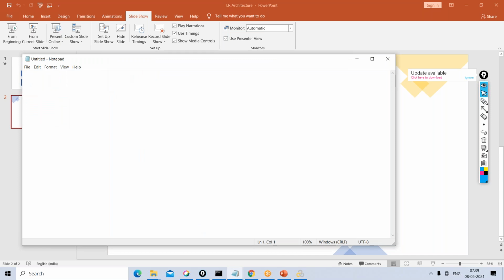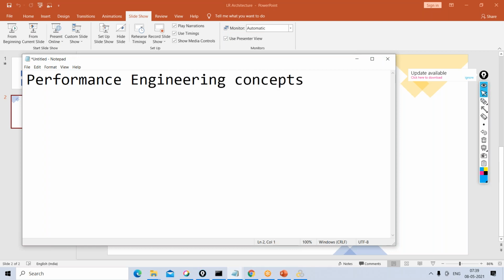Along with the course content which I have mentioned here, we'll see a little bit of performance engineering concepts, because these concepts any performance tester should learn now. So we'll discuss a couple of important ones. And then along with this, we will discuss a monitoring tool called AppDynamics. I'll take 1 or 2 sessions for AppDynamics.